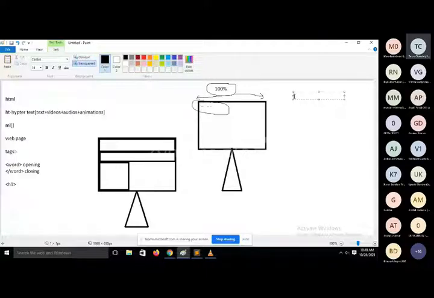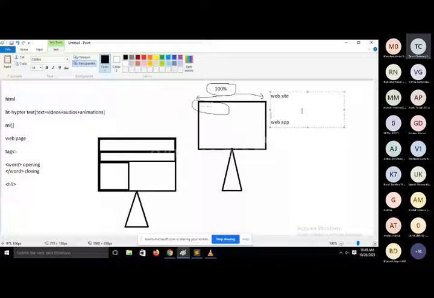Sorry, website and web application. So what is the difference between website and web application? What is website and what is web application? Do you have any idea about it? Fine.